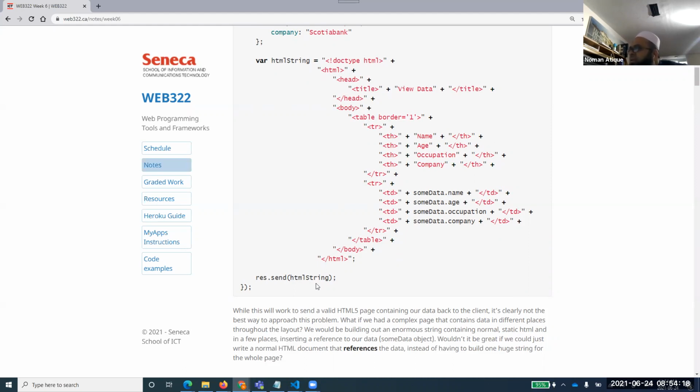But do you think this would be very complex when we have multiple types of data, multiple types of HTML? It will become more and more complex. And with this string, you always need to keep track of where your inverted commas are ending, where your plus is, and so on, when concatenation is happening like that. So this is one way of doing that, but of course this is not the beautiful way, or the right or correct way of doing it.